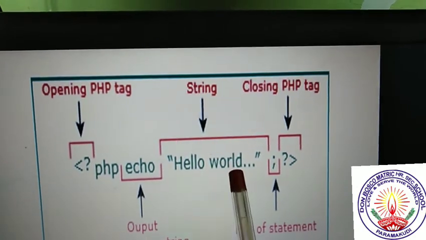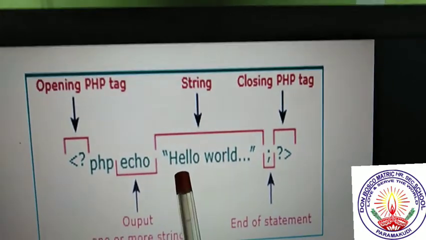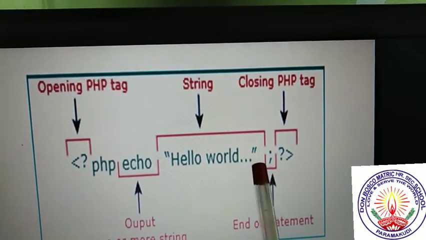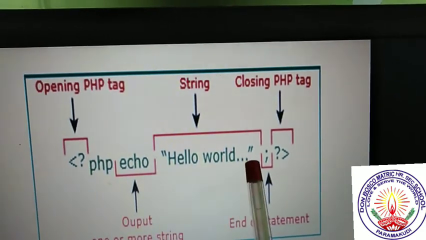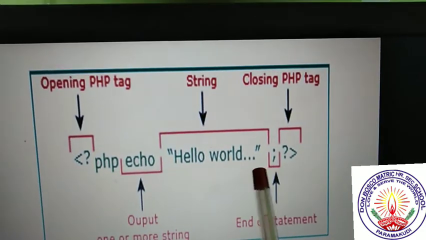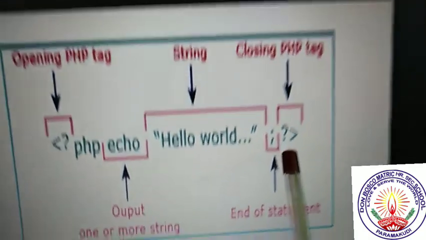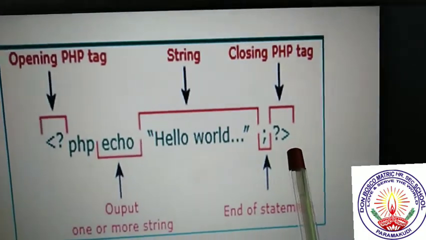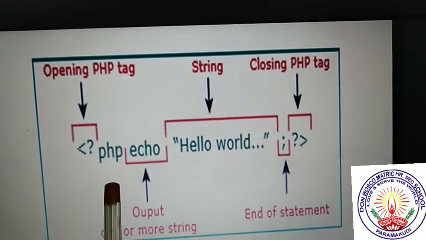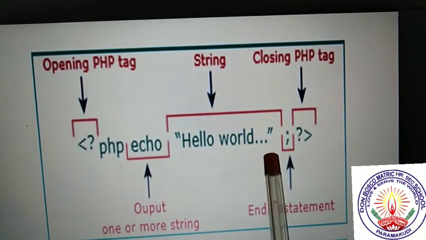And here, hello world is the string. At the end of any statement you put a semicolon. And to close PHP, you put question mark greater than symbol. So this is the simple default PHP declaration.